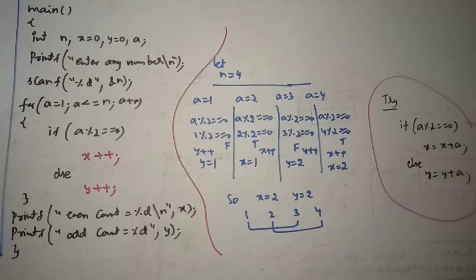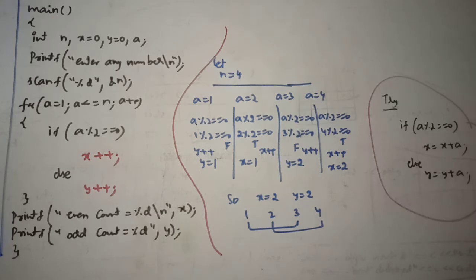Now what do you mean by condition true? Condition true means it is an even number. Condition false means an odd number. So in this program, we are counting how many even and how many odd numbers there are from 1 to n. Try to observe the difference between the one and other programs. So look at the explanation part. Let n be equal to 4. You need to write the steps like this for convenience of any particular logic.